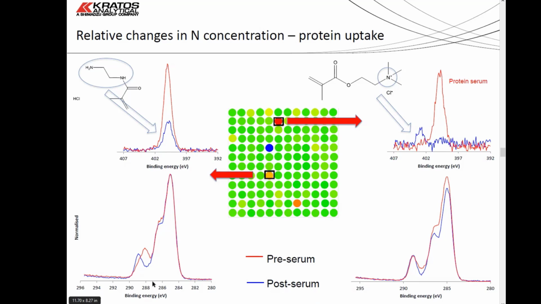In this case here, no, it went up. So before, it was lower, and then after the protein addition, the concentration went up as well. There are also changes in the carbon chemistry, according to the uptake or not of the nitrogen protein. So that was a nice way of looking at a whole database of different polymers